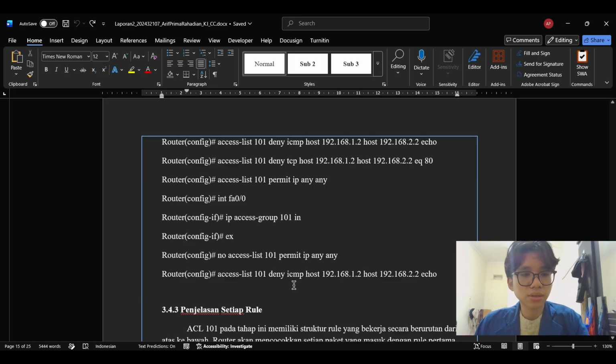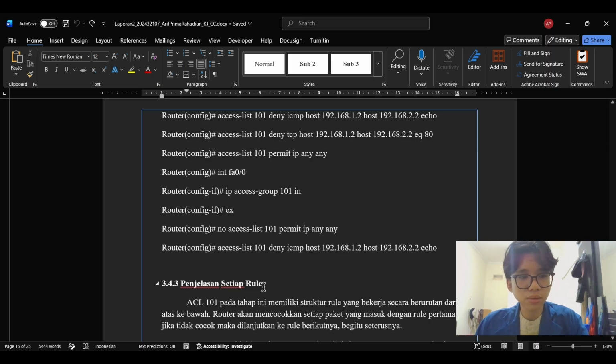This is a known behavior of numbered ACLs on Cisco IOS. You cannot delete a single entry, the entire list gets wiped. After that, the deny ICMP rule was re-entered as the starting point for a fresh structured ACL rebuild.